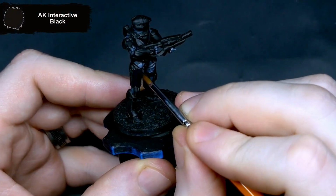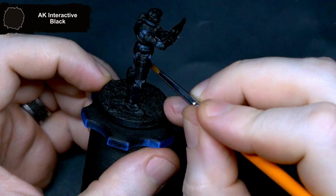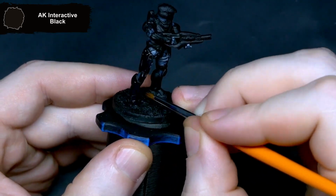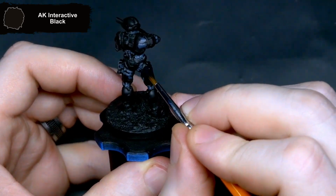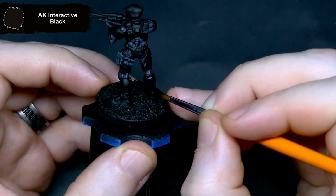The undersuit is now finished off, so let's move on to the armour plates. These all get a once over with AK Interactive's black. I've never used this paint before, so I wanted to see how it turns out, hoping that it has a bit of a satin finish to make it different from the primer. This isn't really the case though, it dries very matte and actually looks a lot like the Army Painter primer